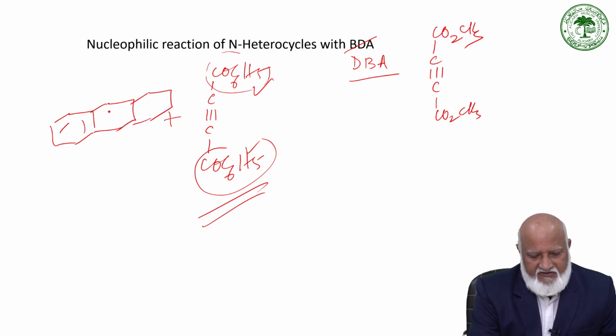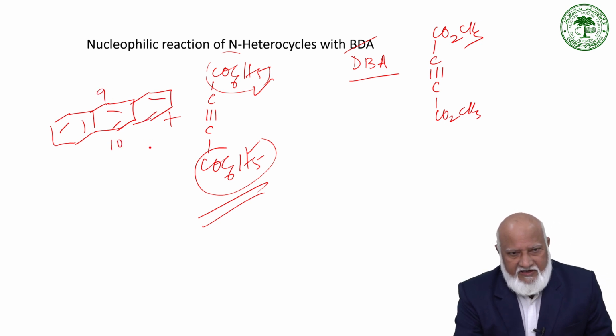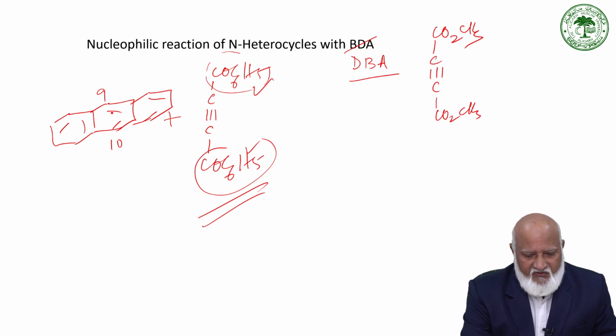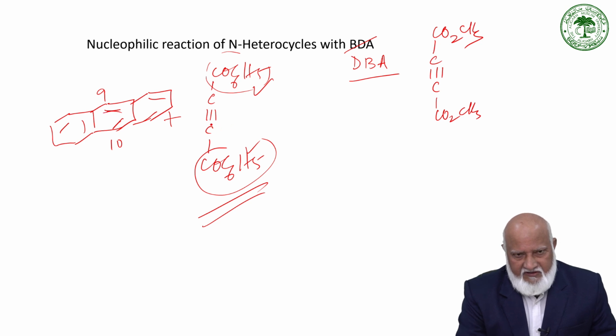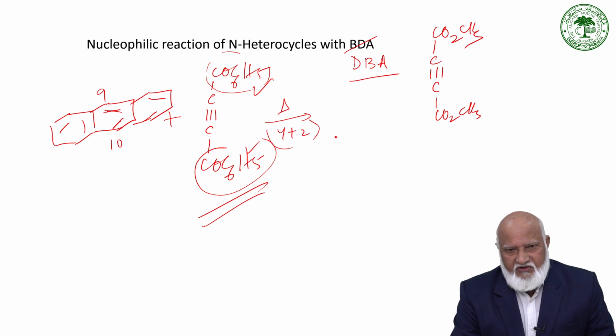Here this is the 9-10 position of the anthracene ring, and it has been found that this diene of anthracene reacts with the acetylene under thermal conditions to give a 4+2 cycloaddition reaction,